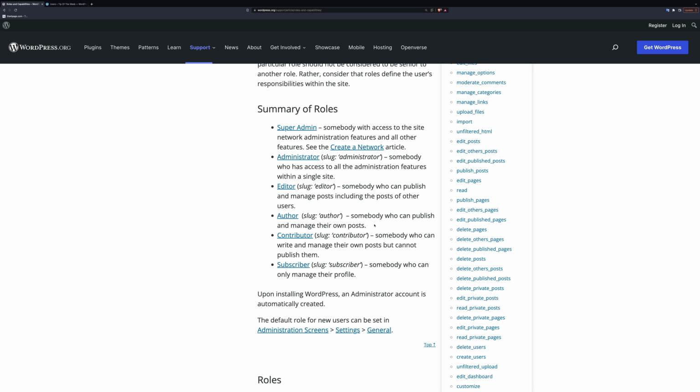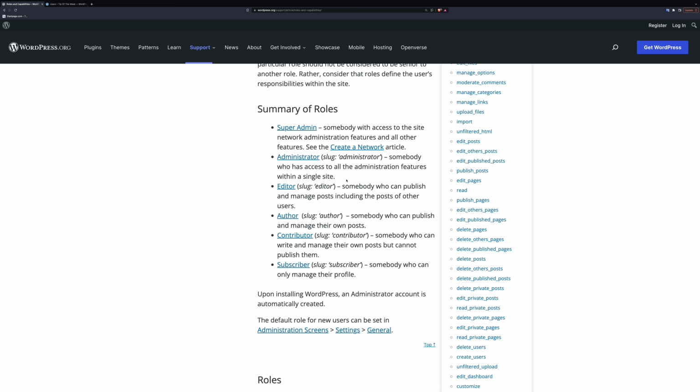Next is author. Author is just like contributor, but they can publish, but only their own posts. And next is editor, which can do basically anything with any content. So they can manage other people's posts, create and delete tags and categories and images and all that kind of stuff. And other people's tags, categories, and images and things like that. So an editor is almost full-powered, but doesn't have access to any of the more techy things in WordPress, like changing themes or plugins or anything like that. It's content only.